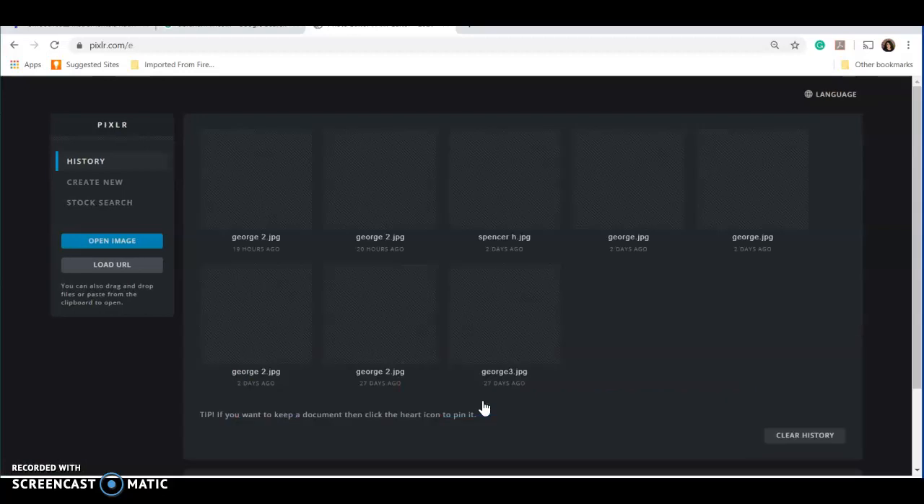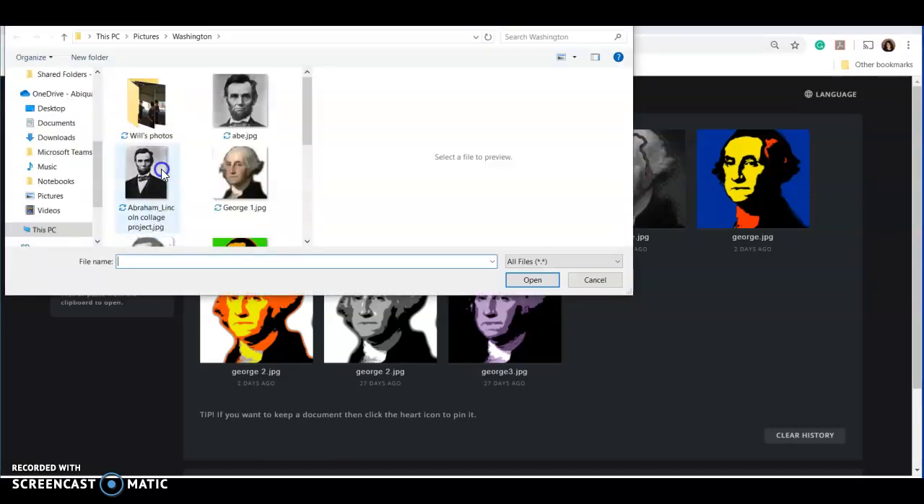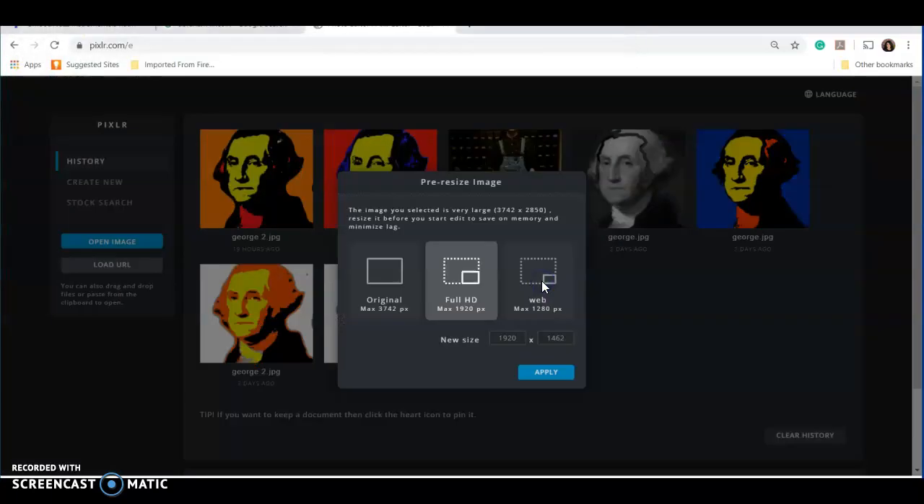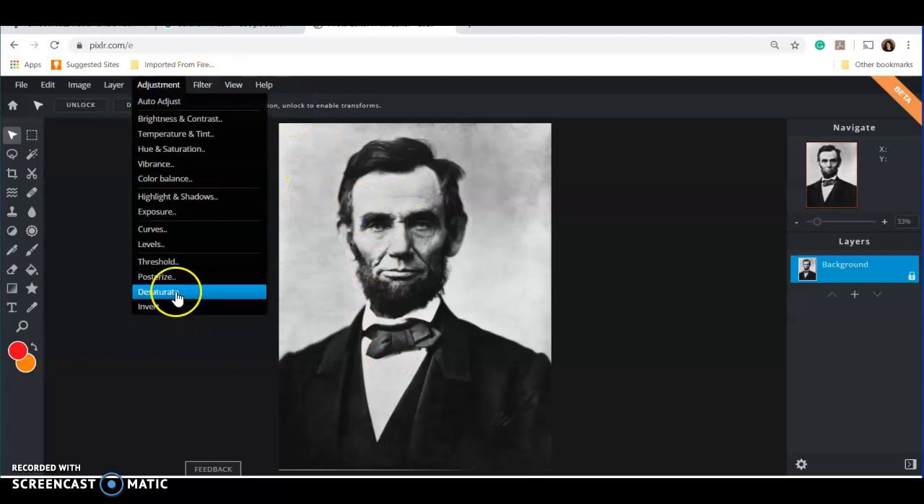For this example today, I've sent you a picture of Abraham Lincoln. We're all going to do the Abraham Lincoln together. That way we just have a good understanding of what we're going to do. Open image, and I am going to... there's Abraham Lincoln. So the first thing that I want to do is to really put on a very high